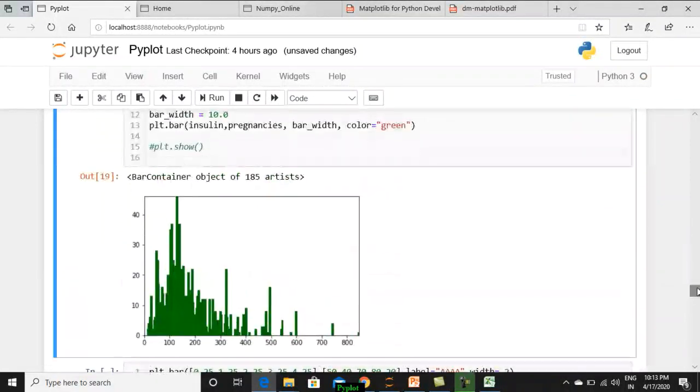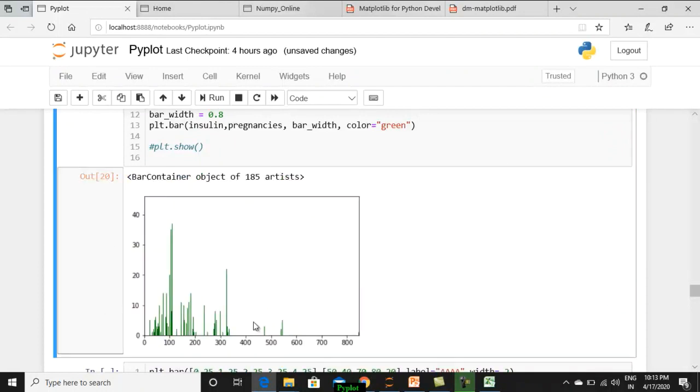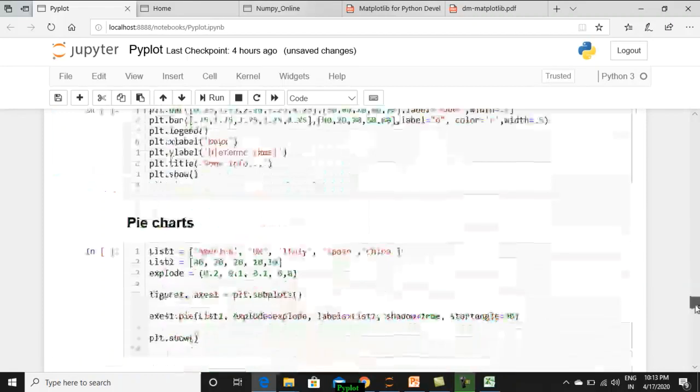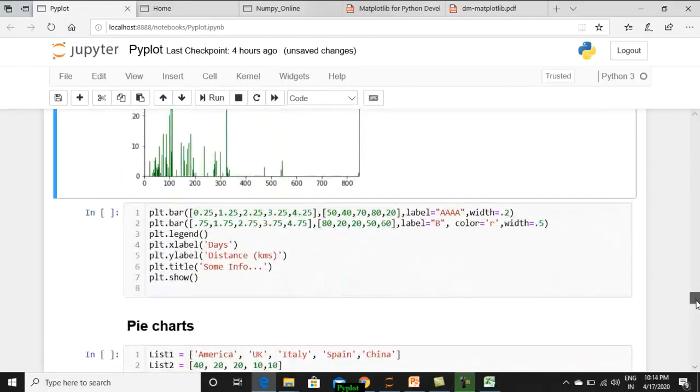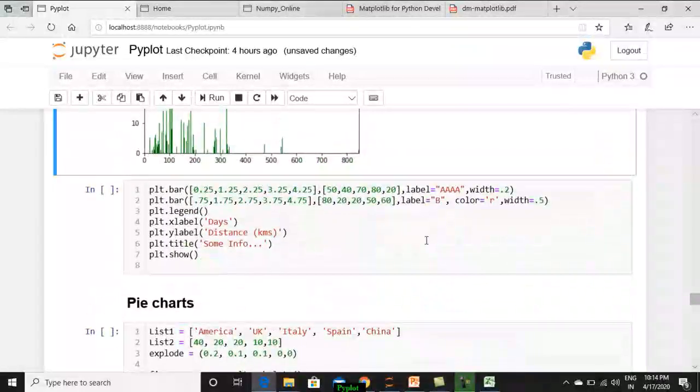If the 0 goes out, automatically you can see the bar values. So the bar width you can reduce, and you can see the values of this kind. Since the number of values on the x-axis is more, you are getting very thin bars. Okay. And